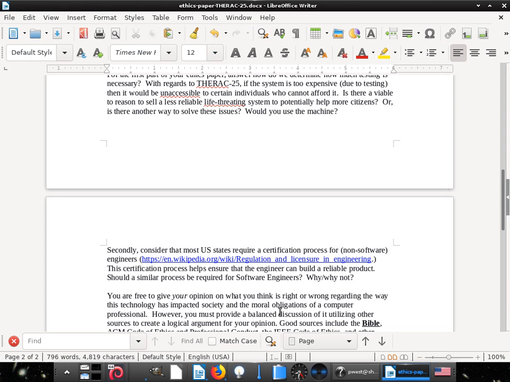Should the government, state or federal, start dictating what software engineers need to do or need to know before going into the workforce? Yes. No, the company should. Depends on your job, or what you're building. We got yes and it depends. All right, come on, guys. What do you mean?